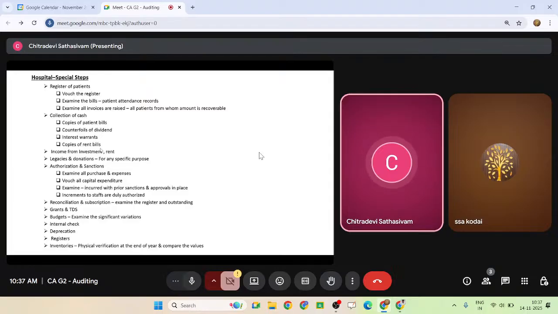See the point how I'm taking you through it. Only if you understand the story will you be able to reproduce your points in the examination. Because what you are seeing here on the screen are all key points only. How are you going to elaborate these key points? How are you going to keep these points in your mind? Step by step, like a scenario. You should keep a simple example.